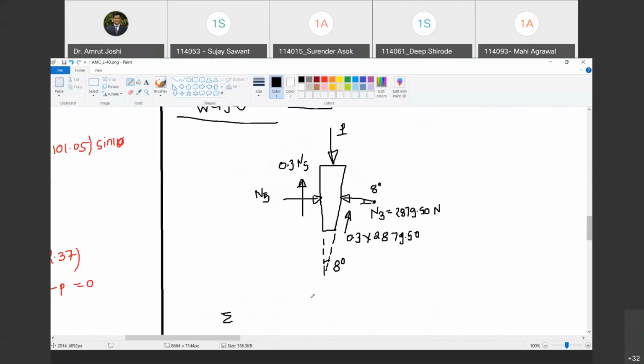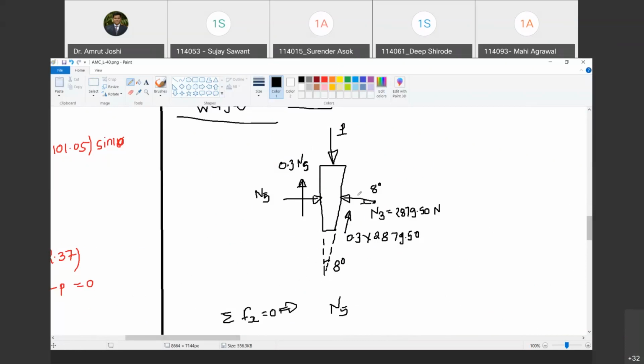So now how do I get the value of P? What are the two unknowns? You have two unknowns here, N5 and P. So unless you get N5, you will not be able to get P, because in summation Fy equal to 0, N5 is going to appear here. Do you agree with me? Yes, sir. So let us take summation Fx equal to 0 first. If I take summation Fx equal to 0, what does it give me? N5. Happy? Are you with me?